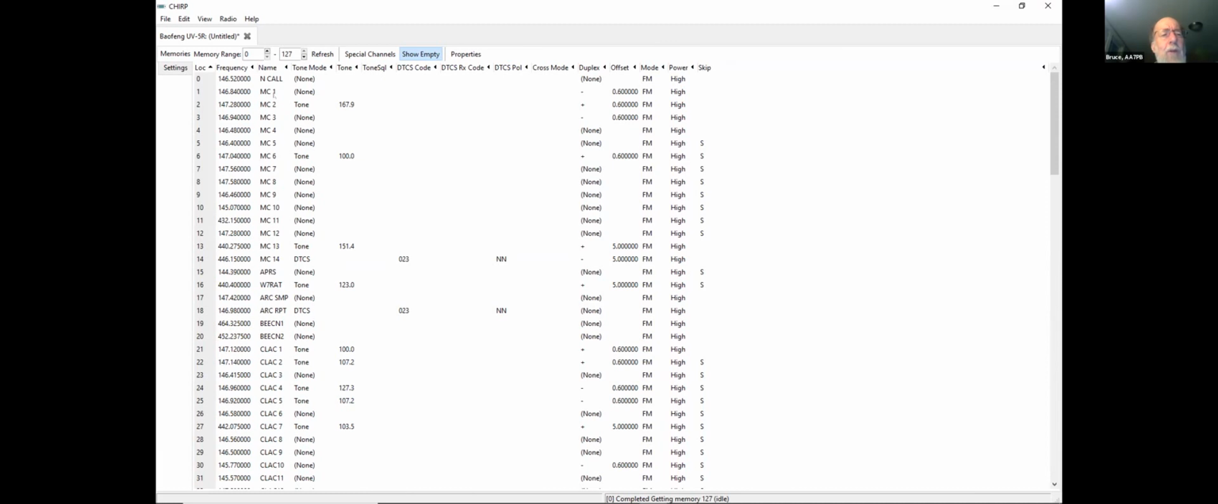So then it says MC1. That's number 1, and that is the Portland Area Robotics Club's main repeater. And its output frequency is 146.84 megahertz. But if you want to talk to it, you have to talk to its input, and that is 147.4. But rather than memorizing a completely different frequency,